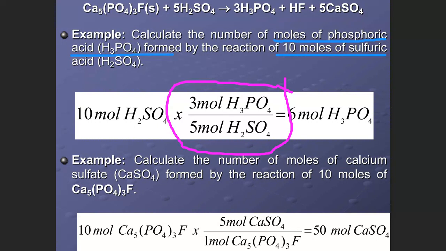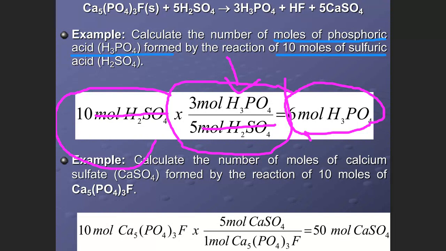So now here we have our conversion factor. Let's write what more information we have. We have 10 mole of sulfuric acid, so we will multiply the 10 mole of sulfuric acid with this. Next we will find the existing mole unit will be nullified, and then we just need to calculate, and we will find the amount of mole of phosphoric acid we need to produce